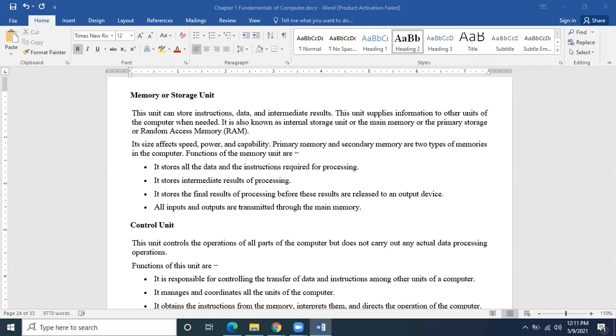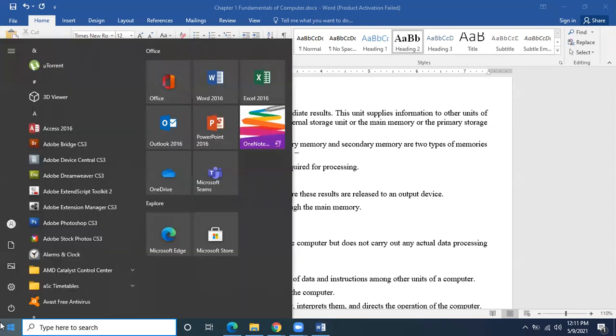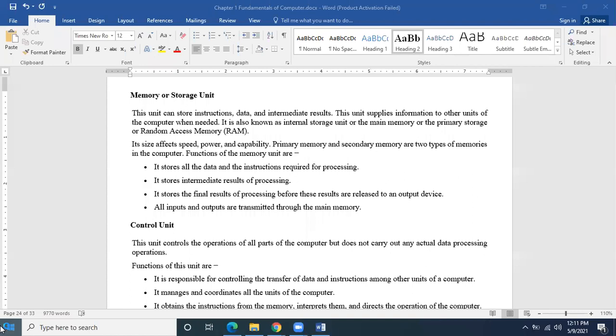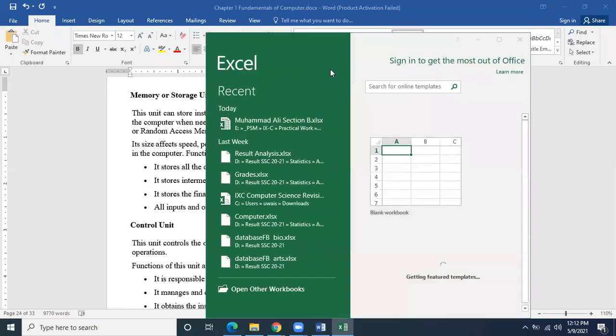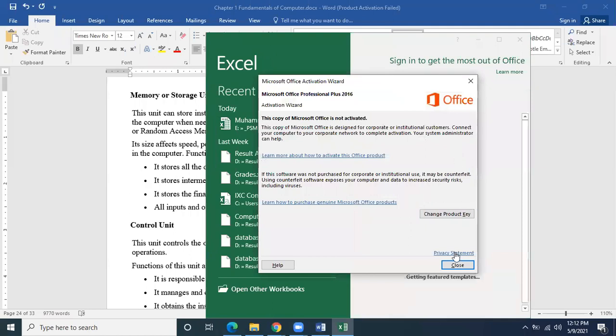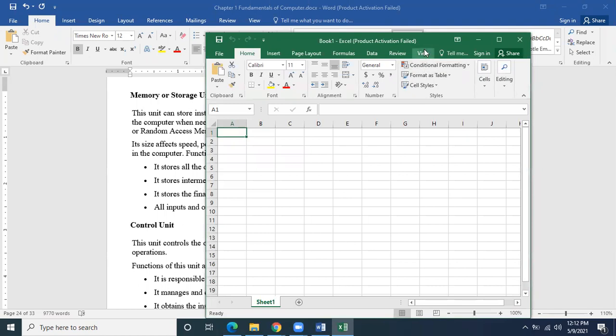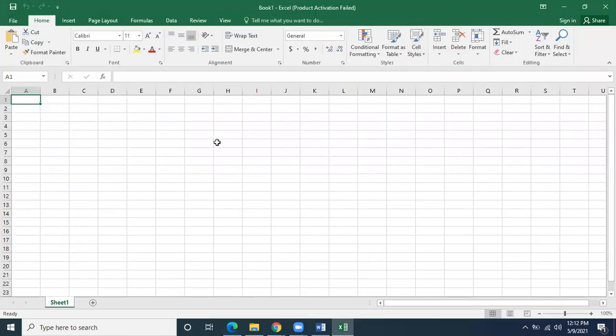What does it mean by processing, and what does it mean by stores, when this information is getting entered? If you take the example of Microsoft Excel, we open Microsoft Excel and enter some numbers to process. Let's suppose I enter 56. This data will go to RAM.